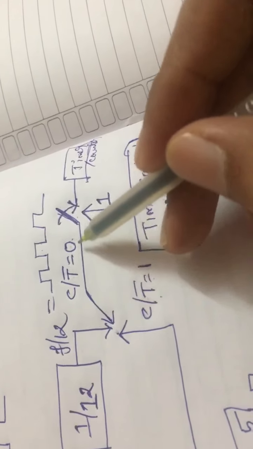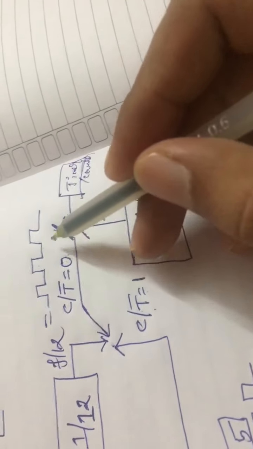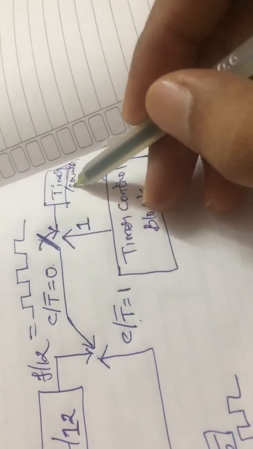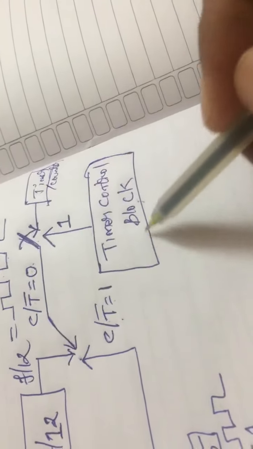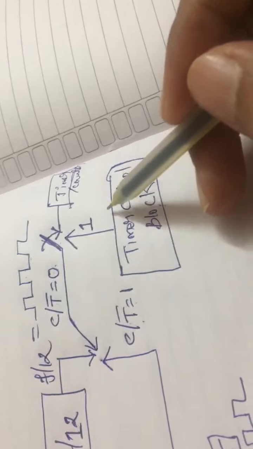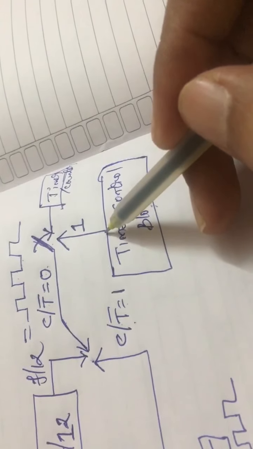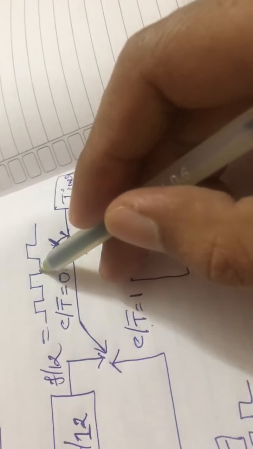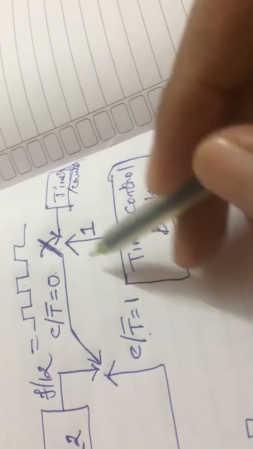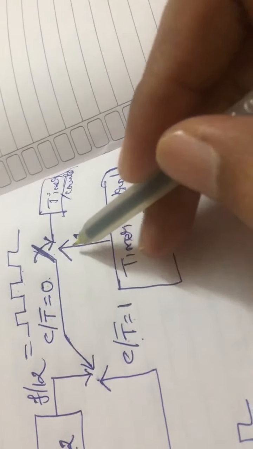Then after taking the pulses here, the pulses are to be given to either the timer or the counter in order to start. But before giving these pulses to start the timer or counter, there is one more block called the timer control block, right? This is the block which is used to give these pulses to the timer/counter that has to be started. So this switch will be closed only when the value of this particular block is equal to 1.